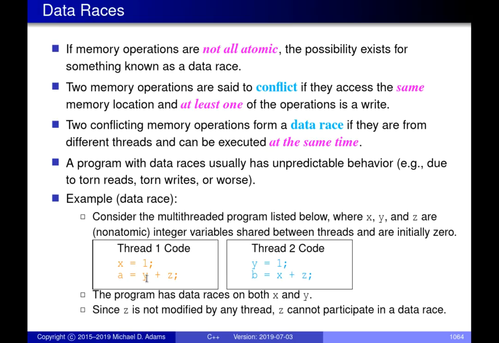In contrast, the variable z doesn't participate in any data races in this program. You might say, wait a minute, we could hit the situation where thread 1 hits this line at the exact same time thread 2 hits this line, and this one is reading z at the same time that this one reads z. But this is not a data race because there's no conflict, because an essential part of a conflicting memory access is that at least one of the threads has to be writing. But in this case, they're both reading. You can have a million different threads all reading the same variable at the same time. There's no data race. There has to be some kind of modification involved to have a data race.